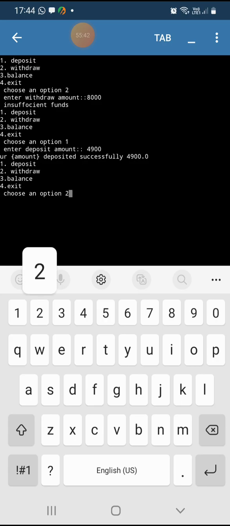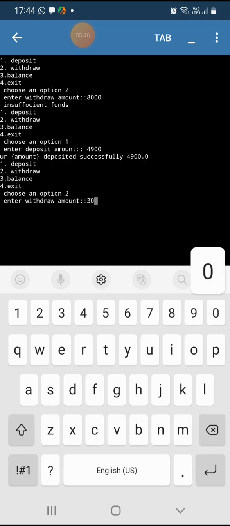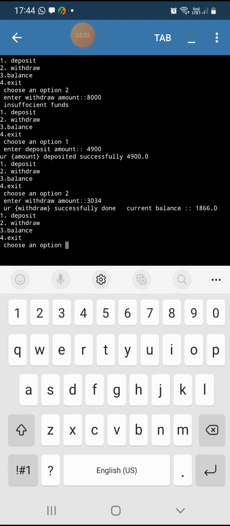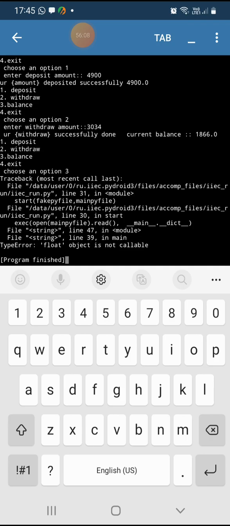Now withdraw option 2. Enter withdraw amount 3,034 rupees. So successfully done, current balance 3018, 60 rupees. Okay, this is okay. But the third option is balance checking. So whenever I enter the third option, the balance should be shown, but this is the error. Okay, we need to